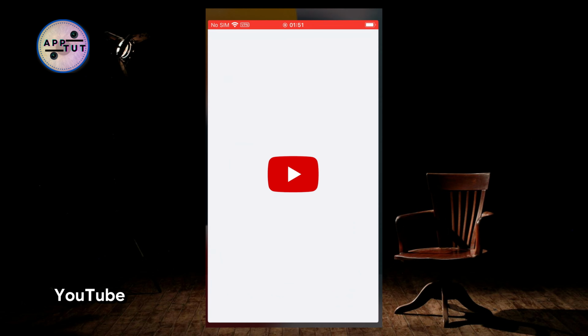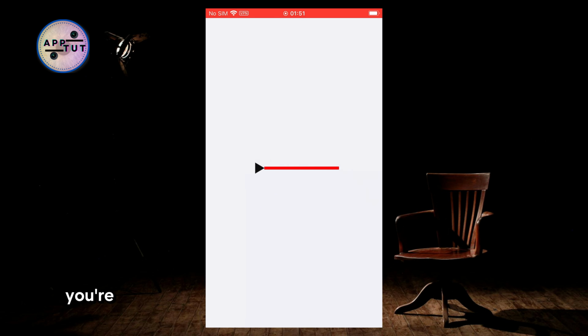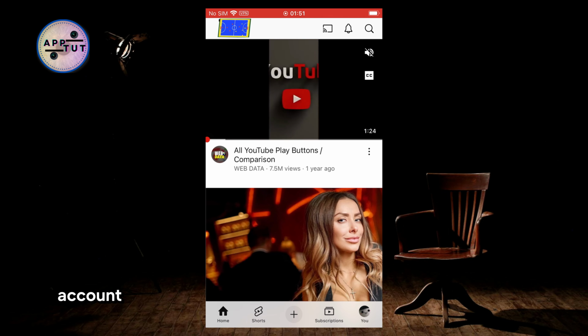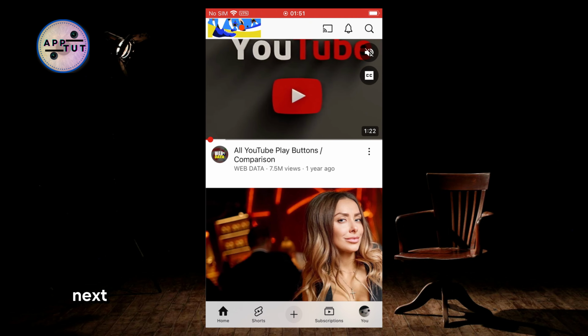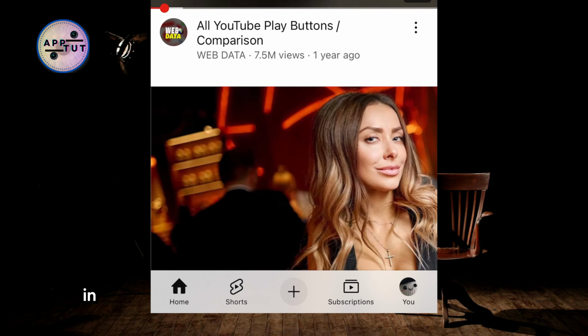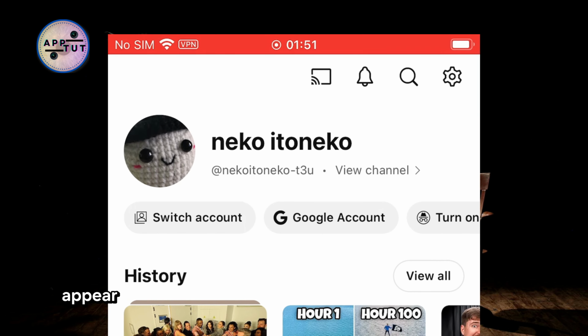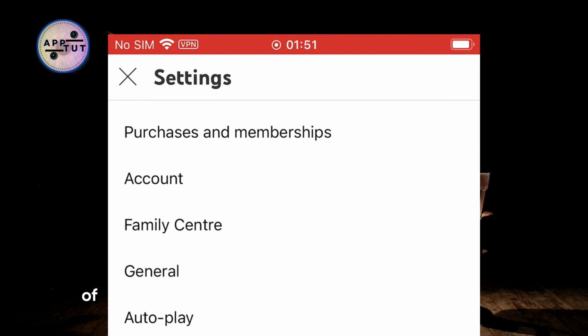First, open the YouTube mobile app on your phone and make sure you're logged into the account you use for uploading videos. I'm logged into my account, where I upload my videos. Next, tap on your profile picture in the bottom right corner of the screen, and a menu with various options will appear. From this menu, tap on the Settings button on the top right corner of the screen to open